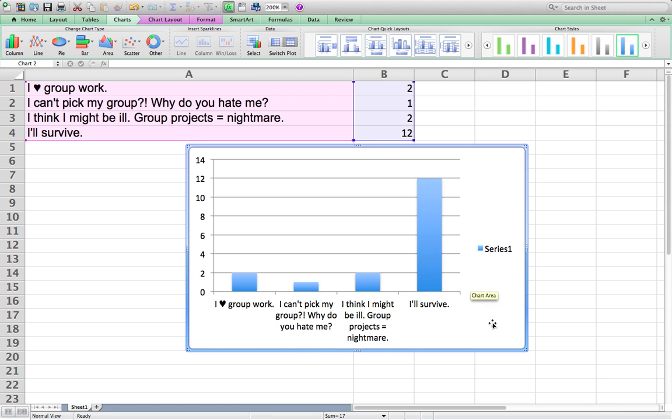And here it is. 2 people, I love group work. 1 person, why do you hate me? 2, and then 12. I can see all the information. It's pretty easy to compare. By far and away, most people say they will survive. If someone else were to look at this column chart, he might not know that the numbers on my y-axis represent number of students. I need to go to Chart Layout